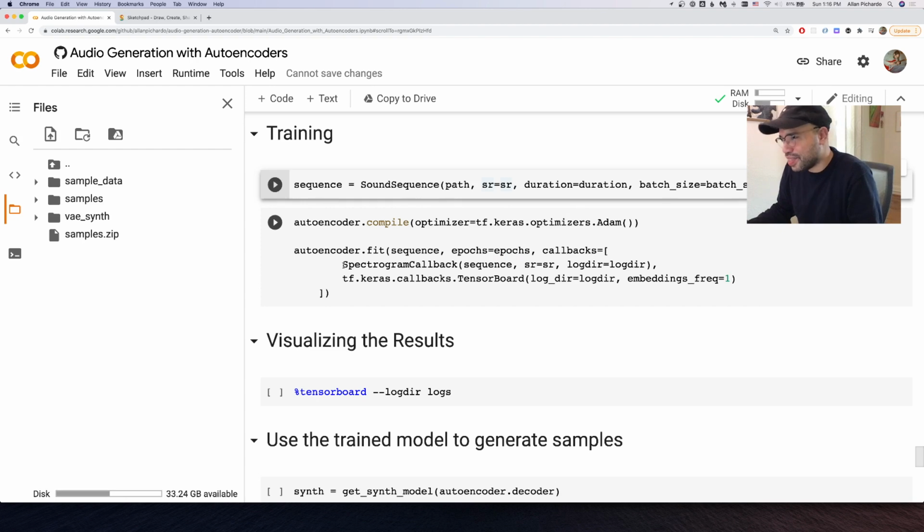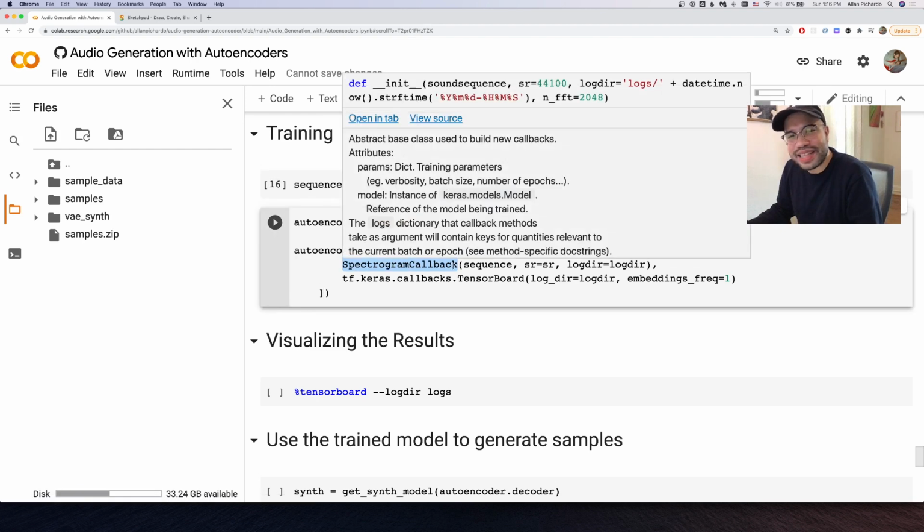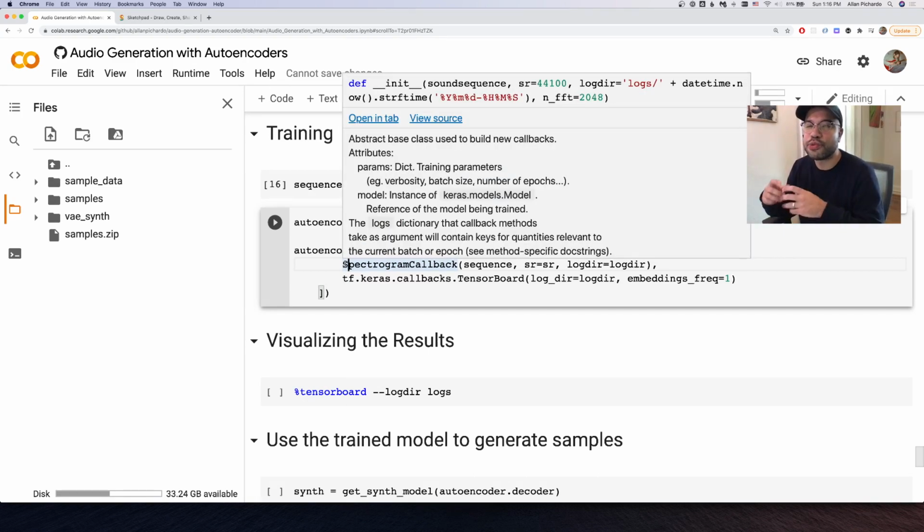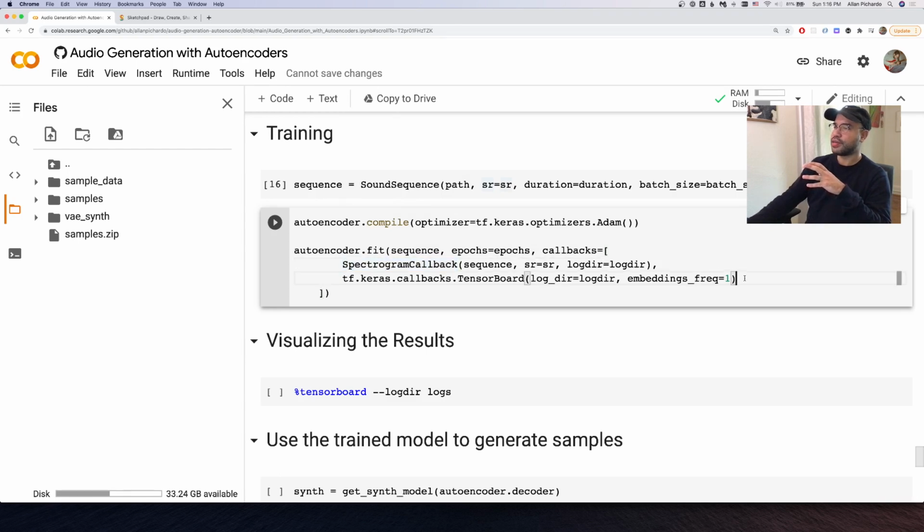And this Spectrogram Callback, that's yet another class that I made for this workshop. Basically, Keras lets you have callbacks that give you information updates while the thing is training. You can do anything you want in between the epochs. This is more advanced stuff. It comes with a set of callbacks already for you, but the Spectrogram Callback, I wrote this so that we